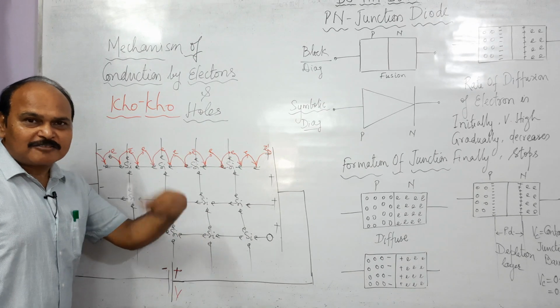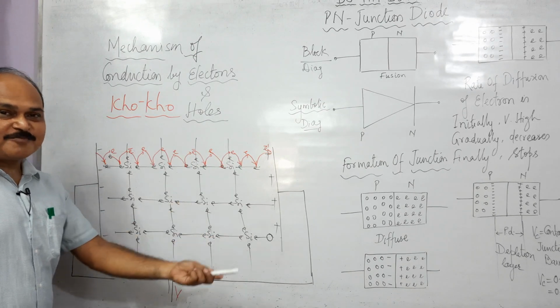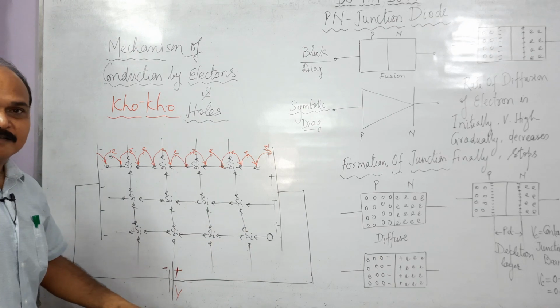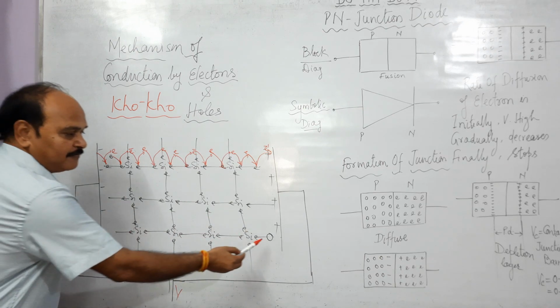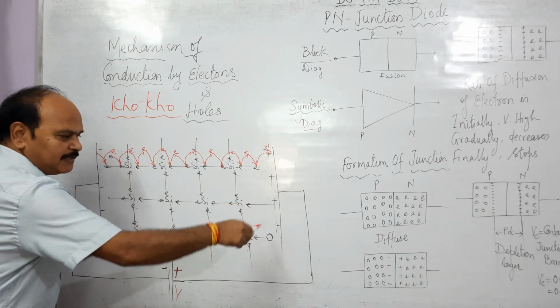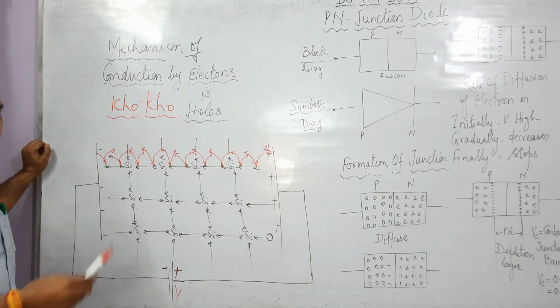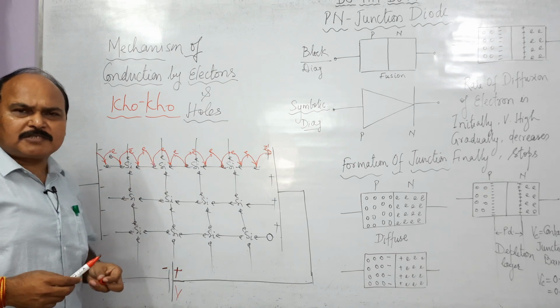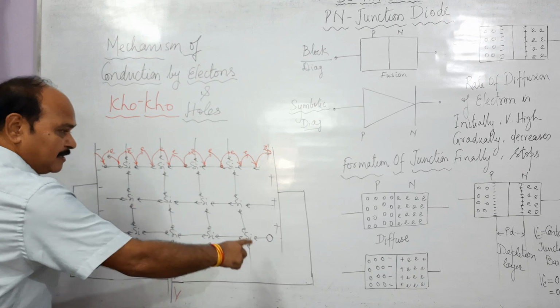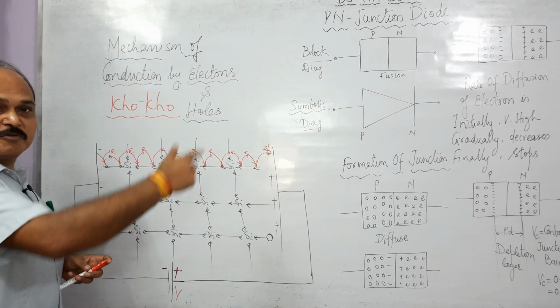So how these electrons move, how these holes help in conduction. Let us understand that. See, this is a hole. Now what happens? In the absence of any battery, these holes also keep moving randomly and haphazardly in all directions with all possible velocities. Their average velocity is 0. But the moment we connect this battery, these holes get a direction to move.